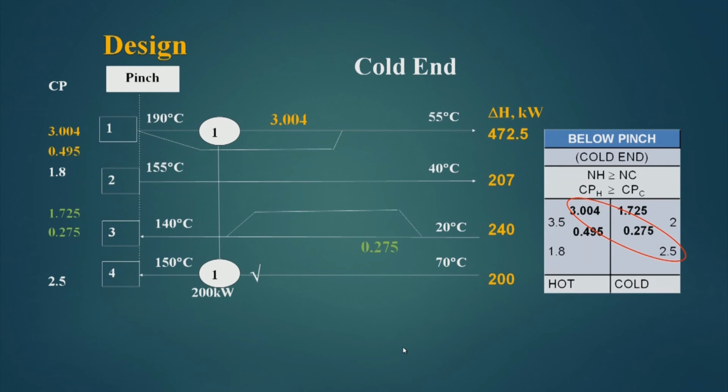So, the first match we are putting between 3.004 and 2.5. This rule is valid for this 3.004 and 2.5. CpH is more than CpC. This stream has got 200 kilowatt of energy it can take, and this part that is having 3.004 Cp can give you 200 kilowatts. This we can calculate. 190